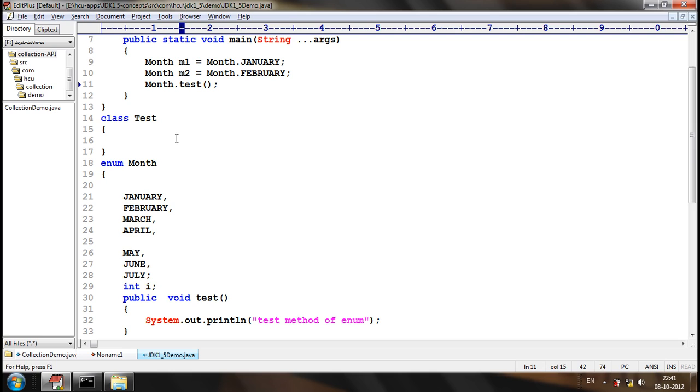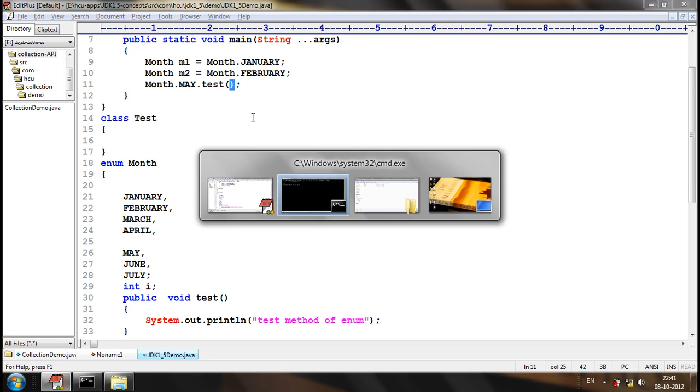So what we do is Month dot, let's consider like this. Now can we access it like this? Can we consider the highlighted portion as an enum object? Yes. Enum object dot, this object will have a temporary reference, dot test.